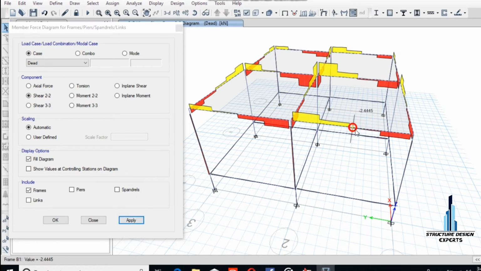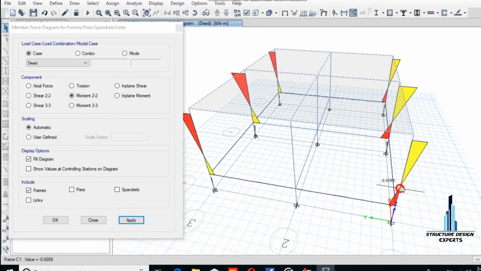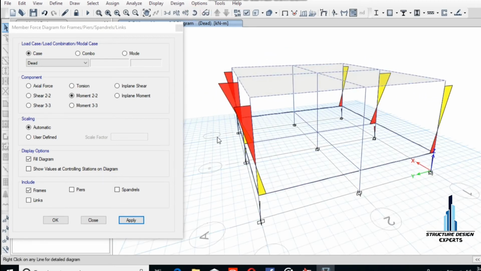See, the shear force diagram is also not properly on the center point. You see that the load is not properly transferred to the foundation. Now see the moment diagram. The moment diagram is not in the middle of the column cross section,